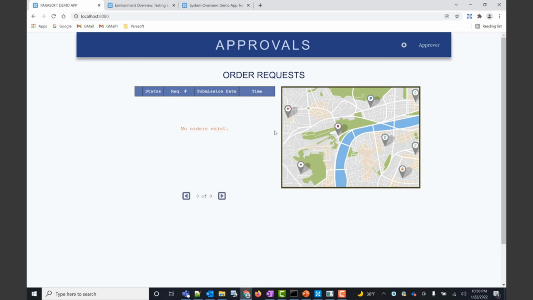So, just to review, the steps we took after we brought our SOAVirt server up and running is that we first started our Parasoft recorder. We then went through the steps of our tests in our online store. We stopped the recorder and we generated our API tests using our Smart API test generator.